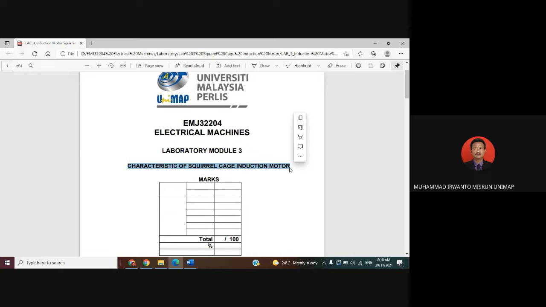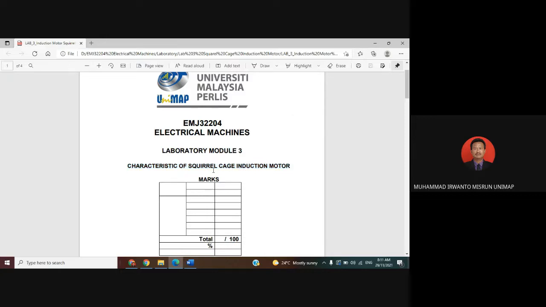Open-ended lab means the student should write the report following the rubric given in this lab module. Here I don't explain in detail, roughly, just to guide the students on how to write the report.